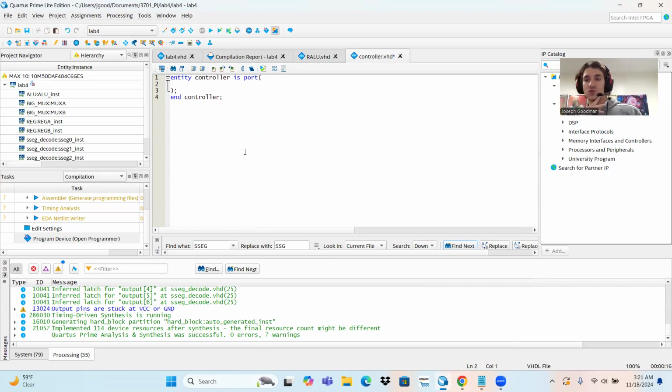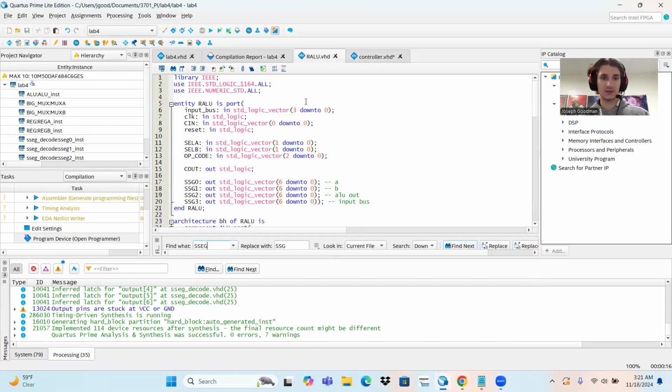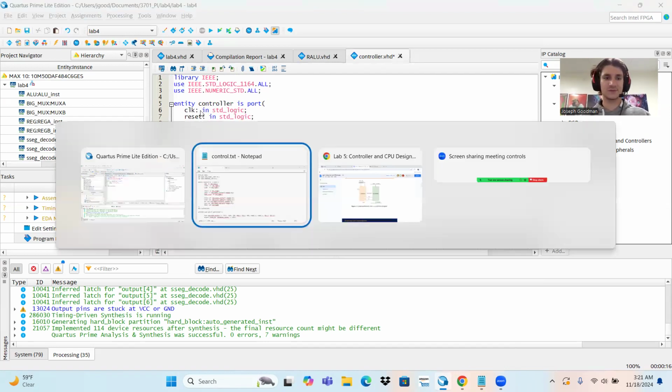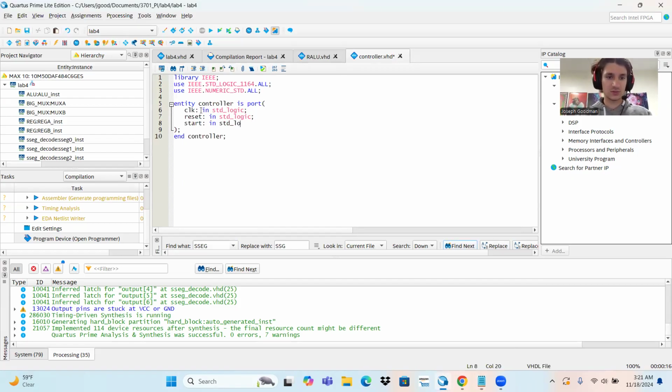What is the input to the controller and what is the output? So some simple ones. It's going to have a clock, and maybe I should grab my imports and actually import them before I start yapping. Boom, boom, boom, clock in standard logic. Okay, it's going to have a reset in standard logic. Okay, it's going to have a start signal. It's going to have a done signal. It's going to have CN, which is a